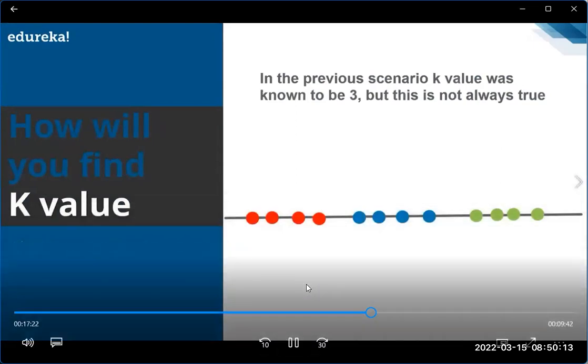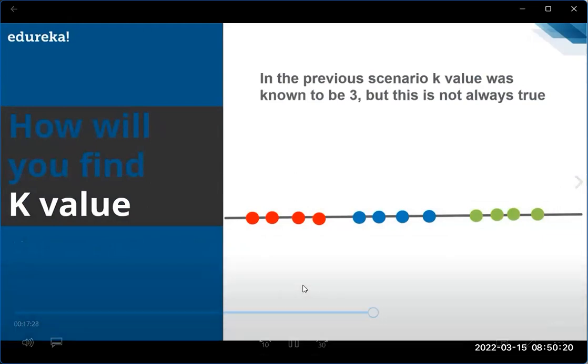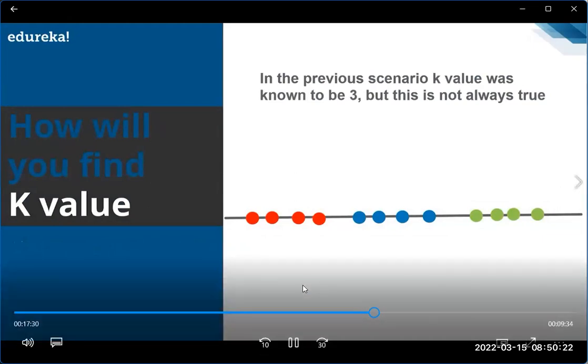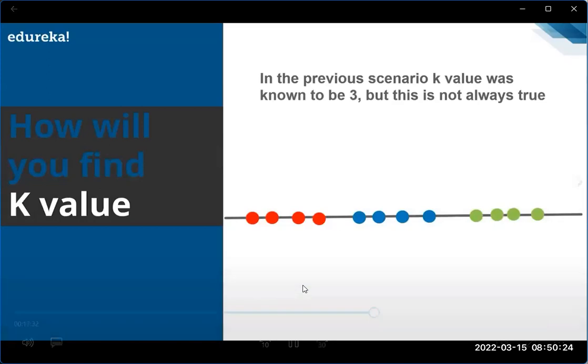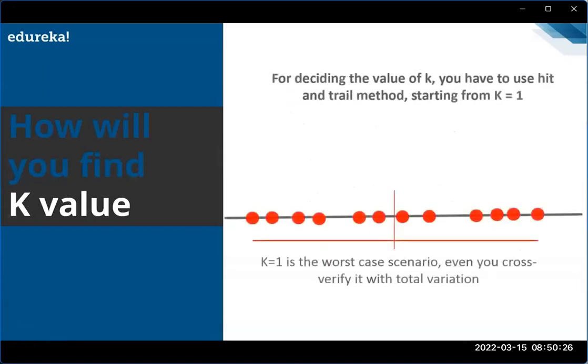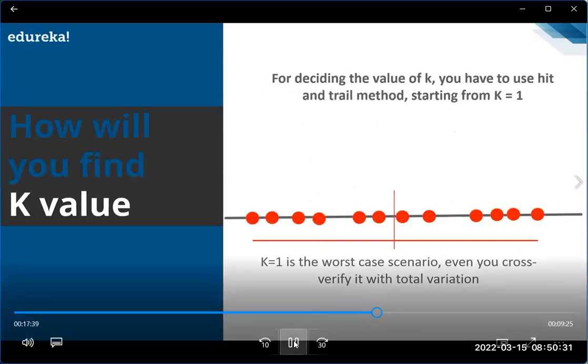is obvious, like K equal 3. But sometimes it is not that easy to judge or guess the number of clusters manually. So what will we do in this case? Well, one of the options to decide the value of K is the hit and trial method, where you just need to try different values of K. So starting with the minimum possible value of K, that is K equal 1, which symbolizes